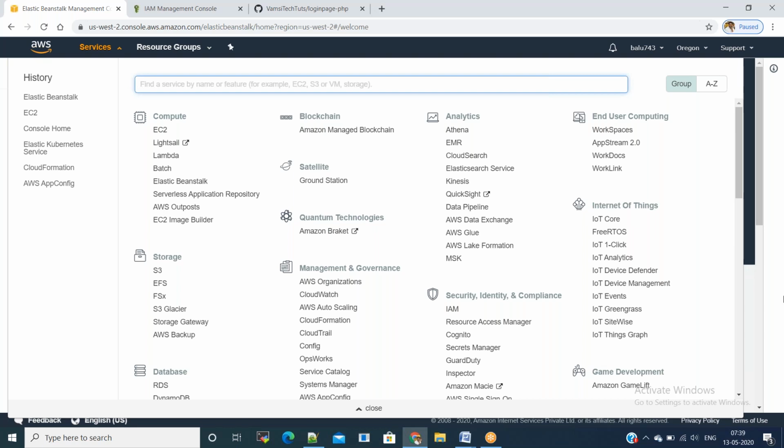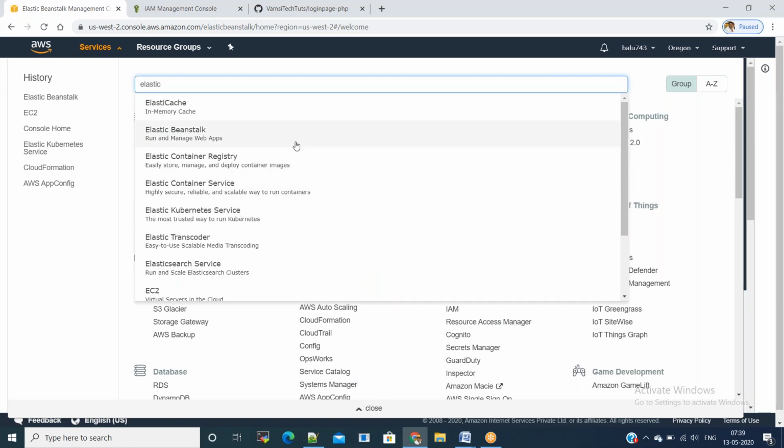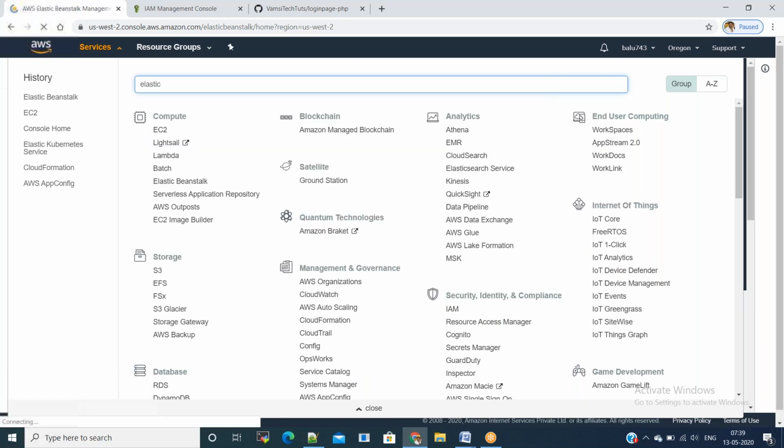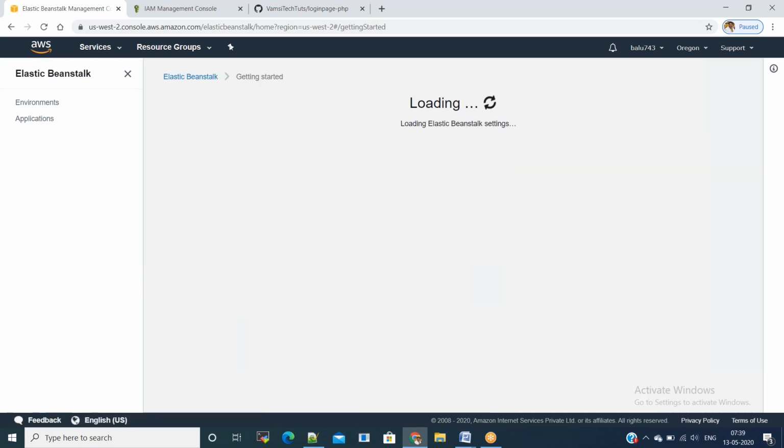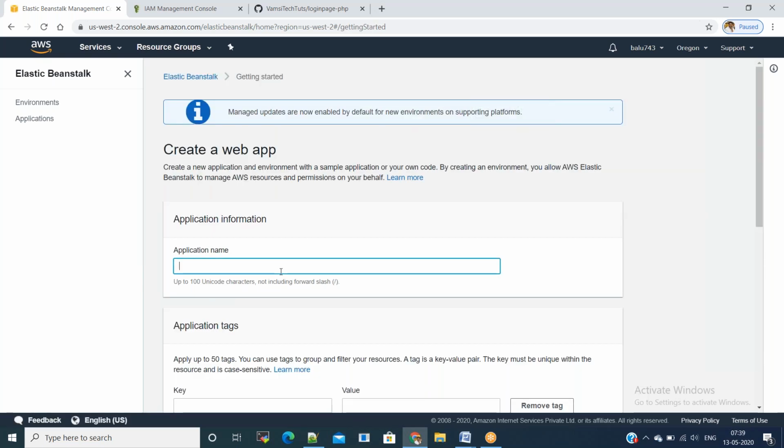Go to services, look for Elastic Beanstalk. Under the compute section, click on create application, name it something, you can say PHP application deployment, or you can name it anything.